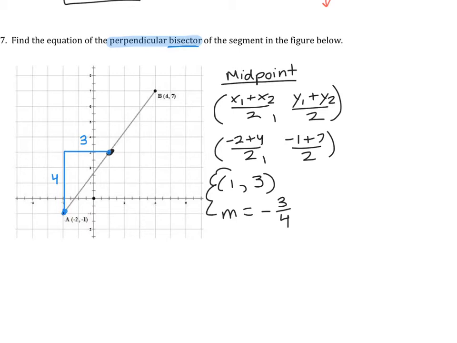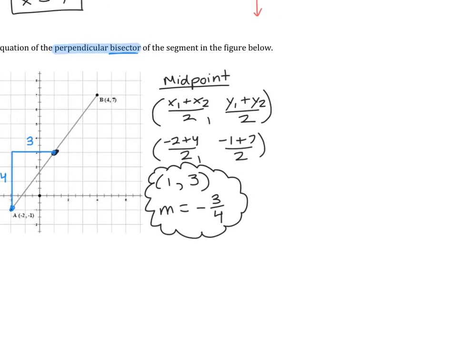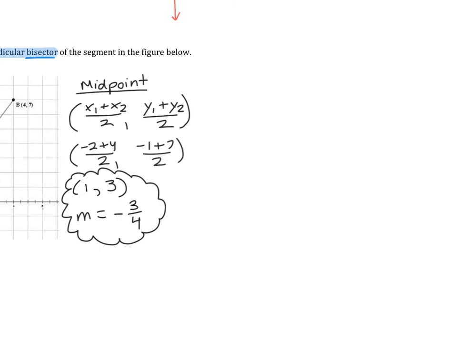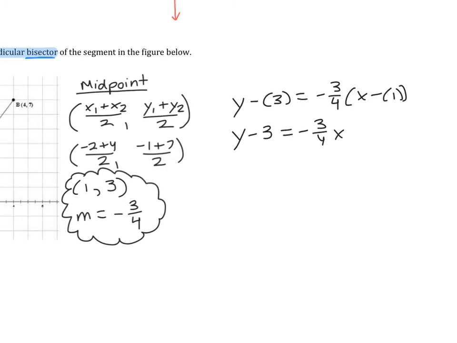So now I just need to find the equation of the line that meets these two requirements. So I'm going to do the point slope formula. So I do y minus y1 equals m times x minus x1. So y minus 3 equals -3/4 times x minus 1. Remember, a negative times a negative will give us a positive. So we have positive